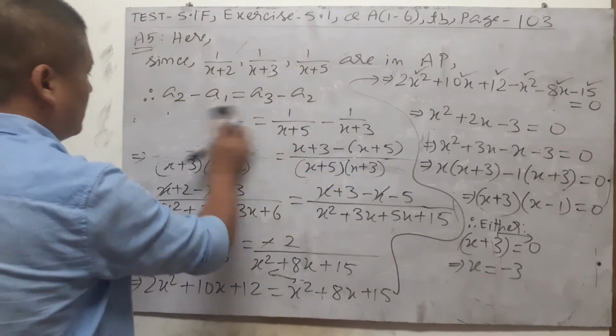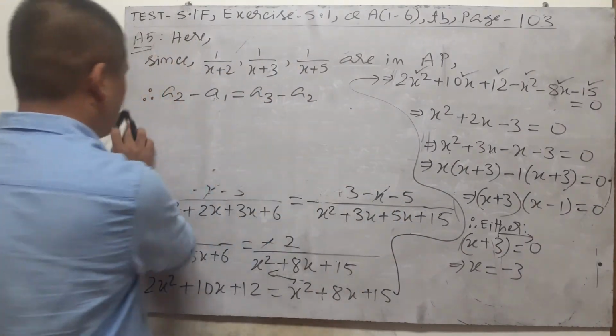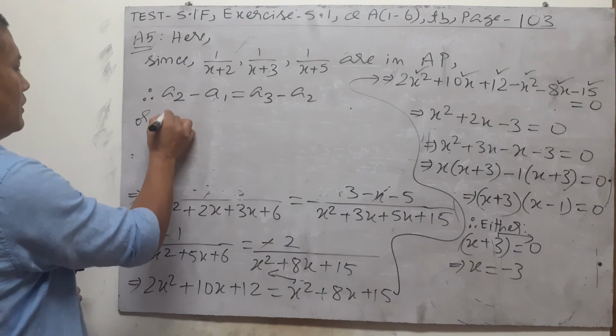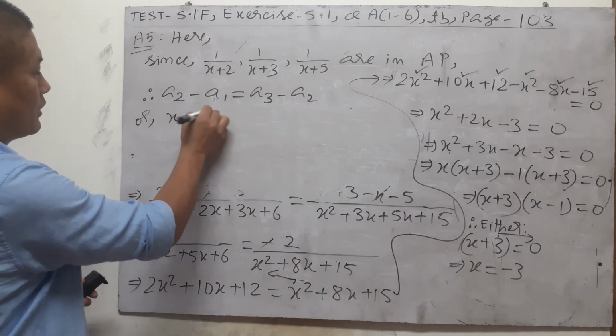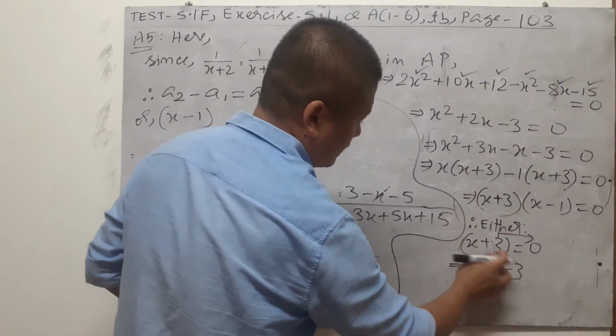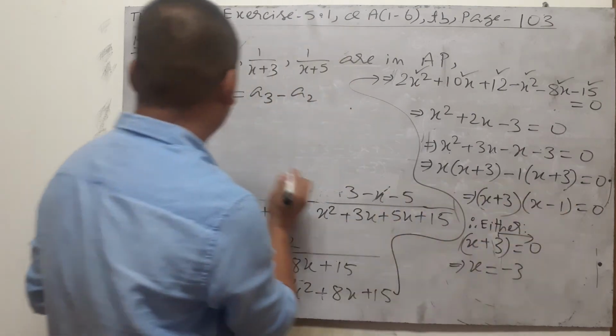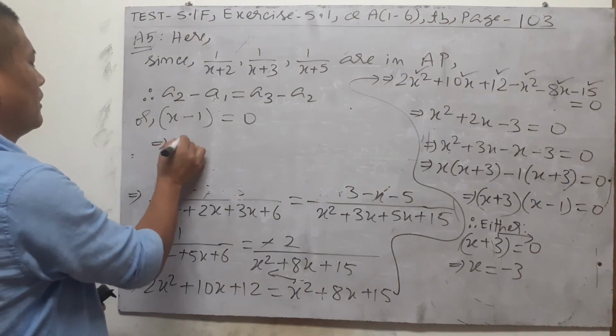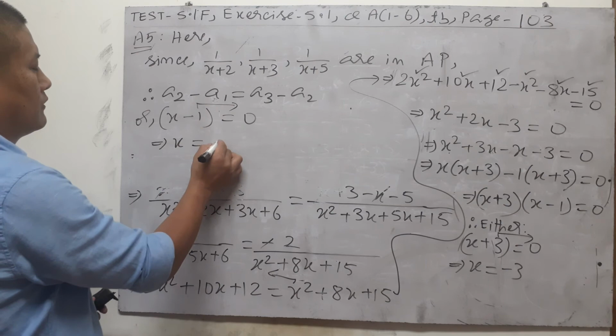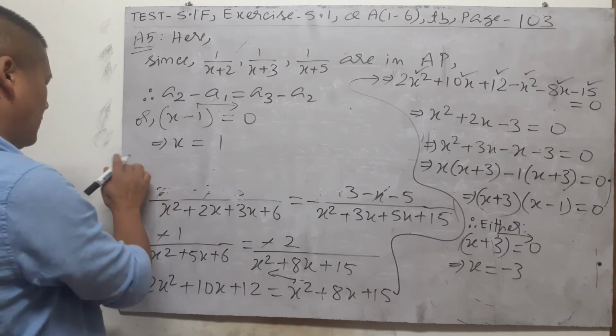Or the next factor, x minus 1. X plus 3 equal to 0 gave us x equal to minus 3. This one is the second factor, equal to 0. Then we're going to get x equal to minus 1, shift that to the right side, plus 1. But since,